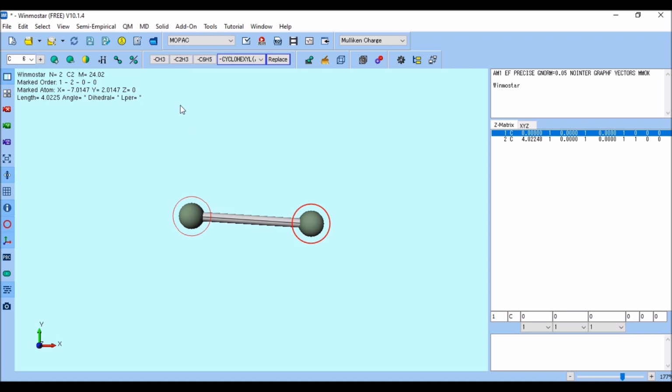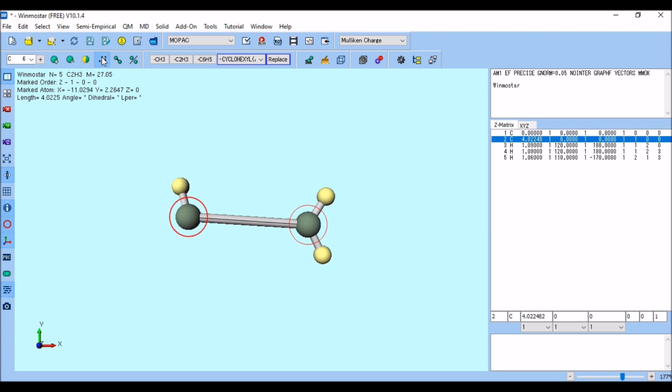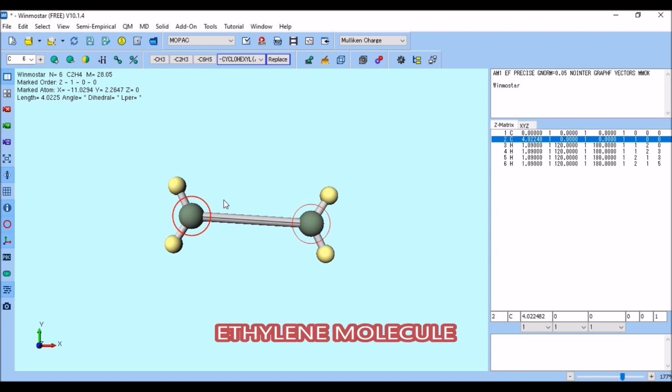And I click plus hydrogen. Okay, and I just click over here, then I get 2 hydrogens. Click 2 times so that you will get 2 hydrogens added. Okay, if you click only once, you will get only 1 hydrogen added. We know ethylene as CH2. Now I do optimize. See, quick optimize.